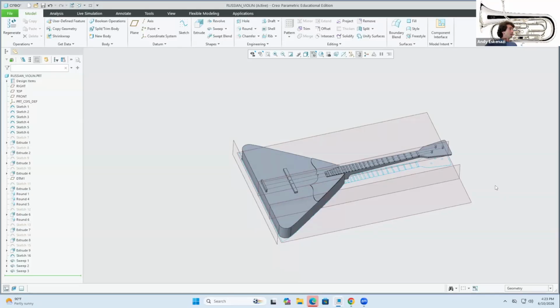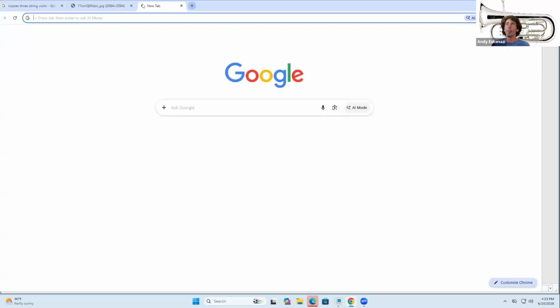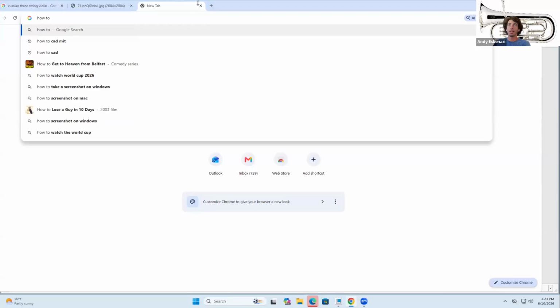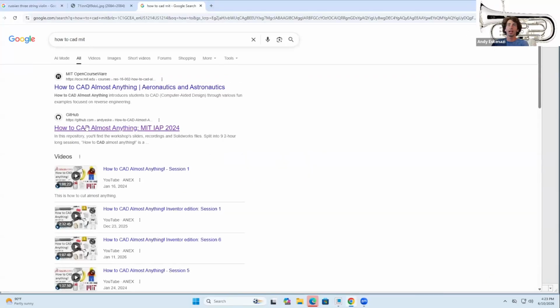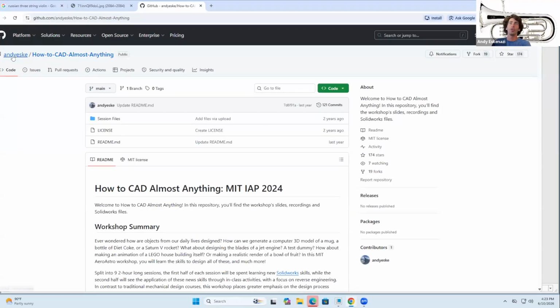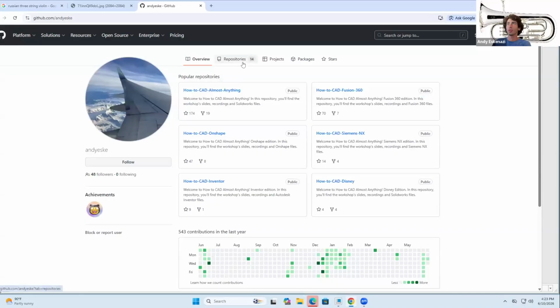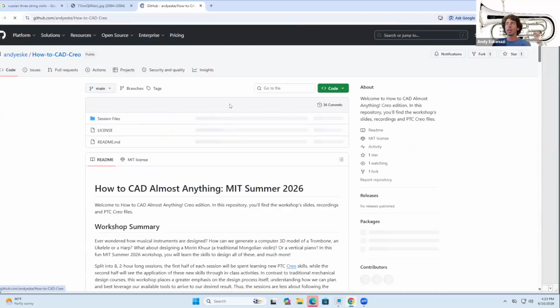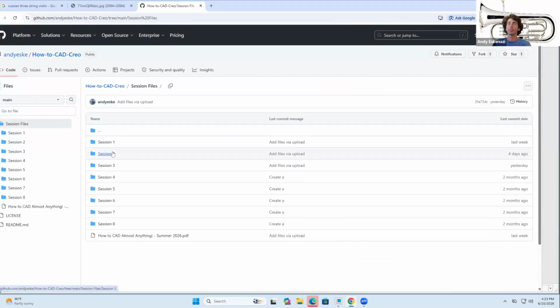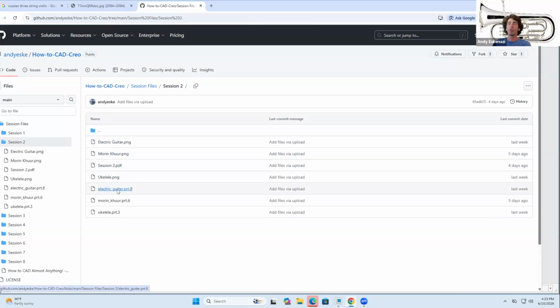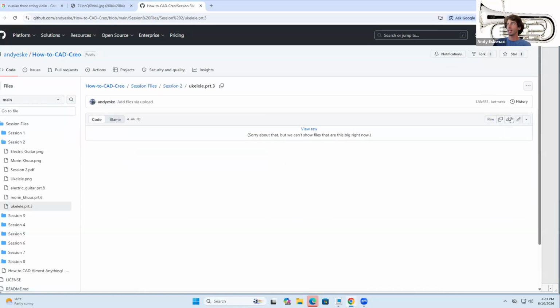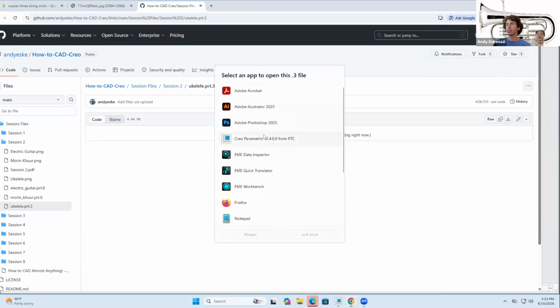So how long did it take us to get this far? 15 minutes. And you guys can do it too. So what I suggest is that you go to the website, like to How to CAD MIT, and find the Creo repository, then go to session 2 and download this one, the ukulele. And once you open the ukulele, actually,